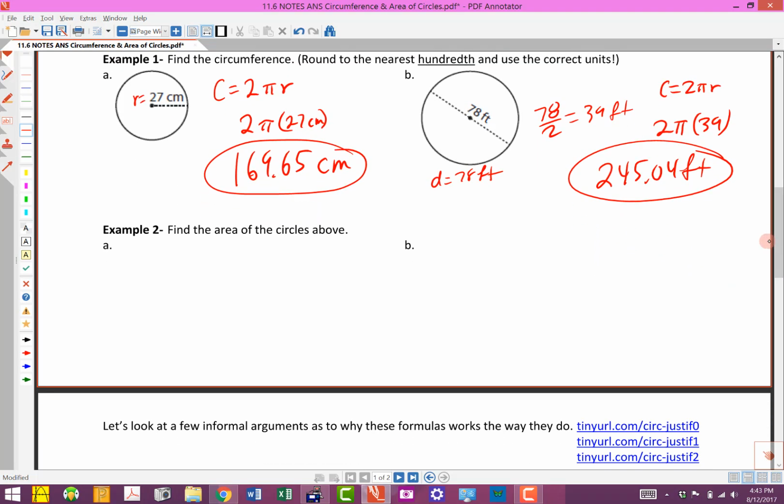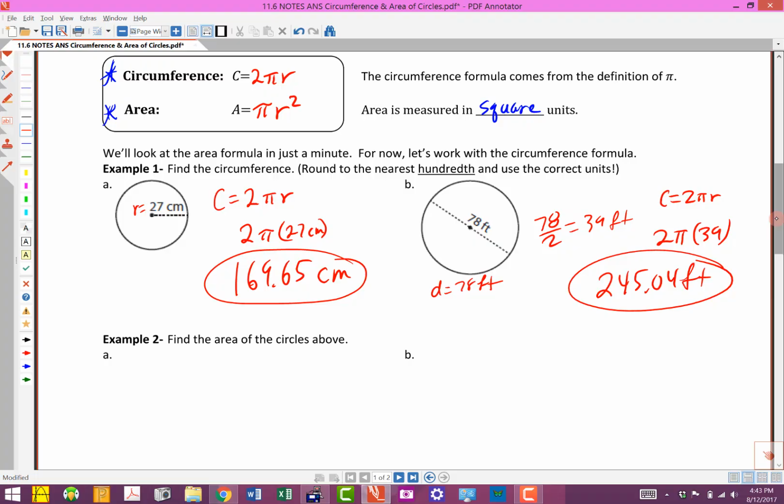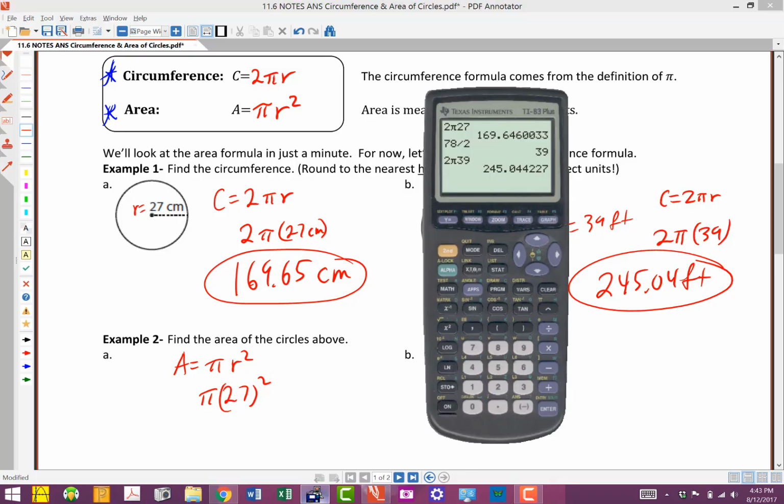Okay. It says find the area of the two circles above. So I'm going to write down the formula. Area equals pi and then r squared. So on this one it's going to be pi and the radius is 27. Now I'm going to put that in parentheses and square it. So on the calculator, here's what we're going to do. We're going to do pi. So pull up the pi button or hit that. And then we're going to do 27 squared. So there's the squaring button on this particular calculator. Yours may be just a little bit different. So we're going to square that and we end up with